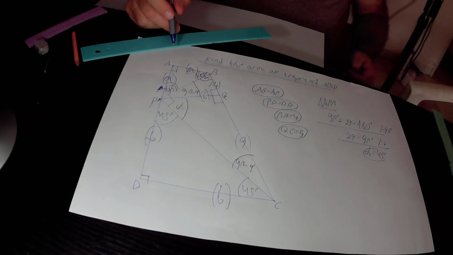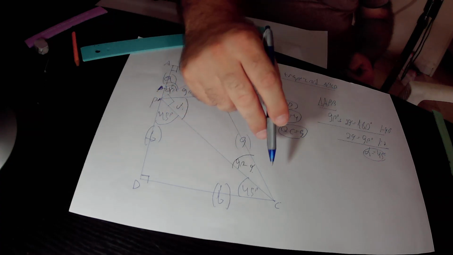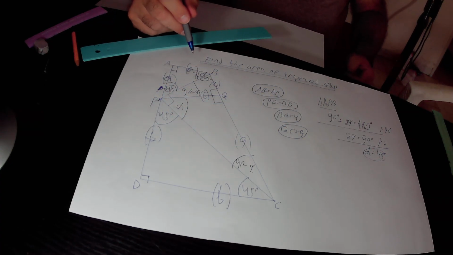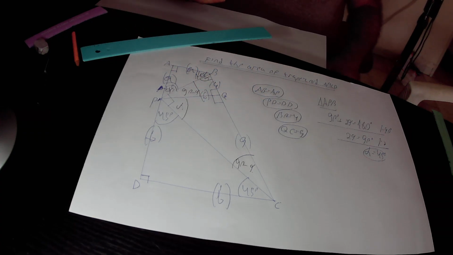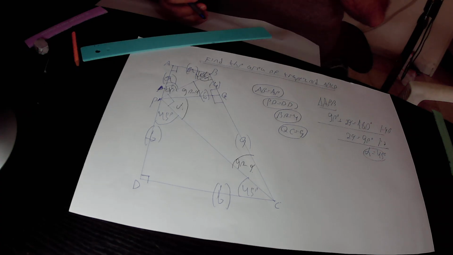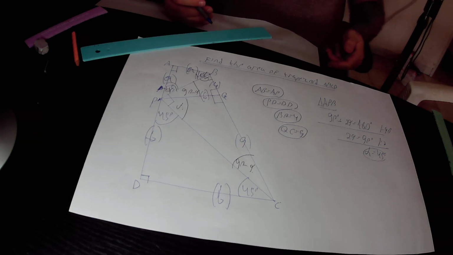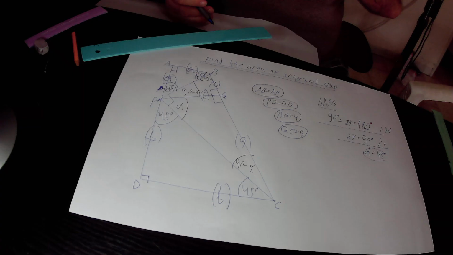It contains the right triangle ABP, the right triangle PDC, and the big triangle PBC. Therefore, the area of trapezoid ABCD must be equal to the area of the three right triangles that it contains. That is to say, it must be equal to the area of this small right triangle ABP